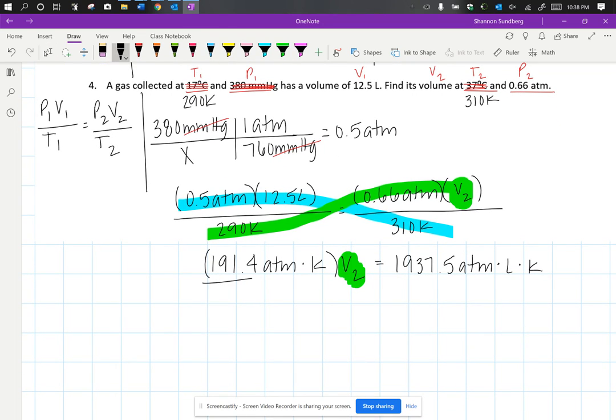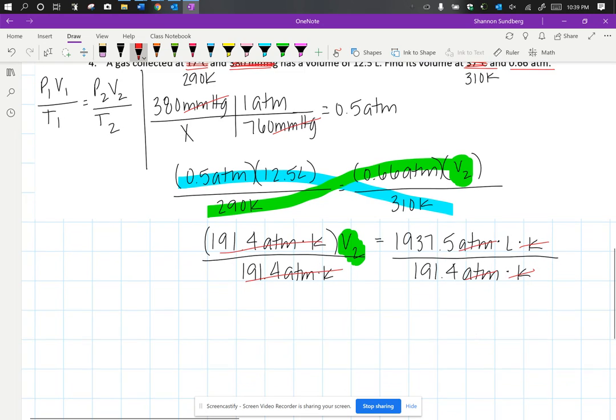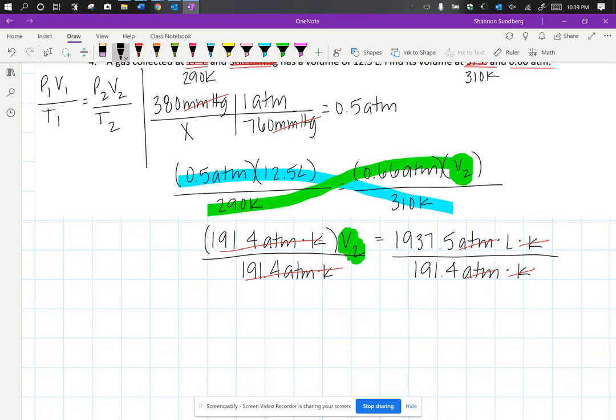I just have to divide each side by 191.4 ATM times K. I'm going to cancel these units. And then in my calculator, when I take 1,937.5 divided by 191.4, I get that my V2 equals